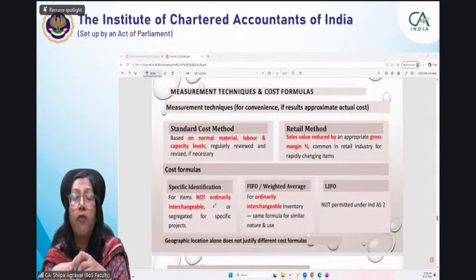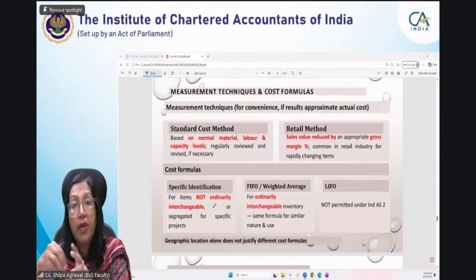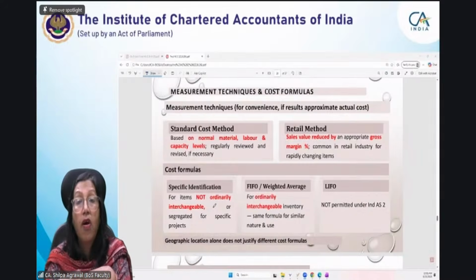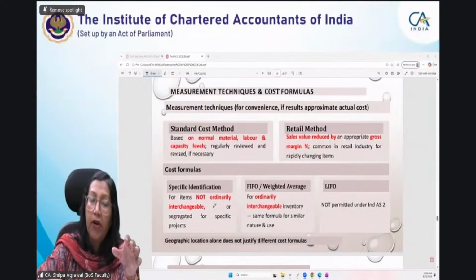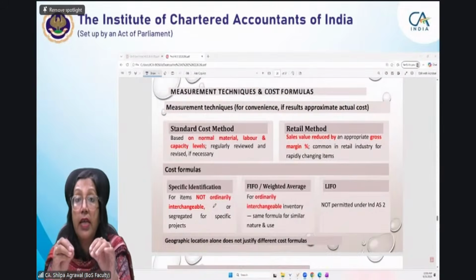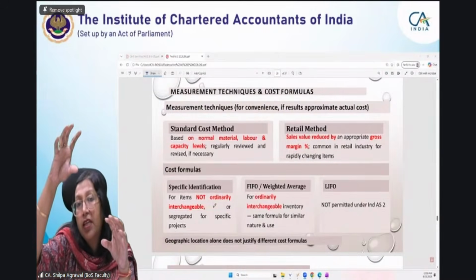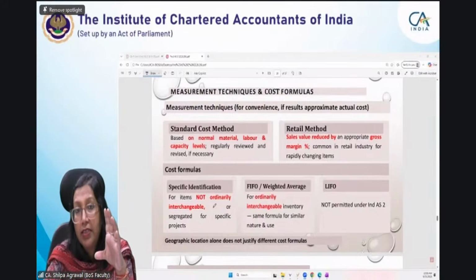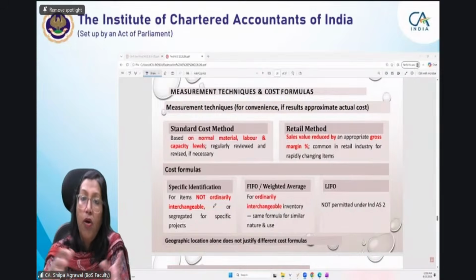In that case आप वहां पे दो ways use कर सकते हो, या फिर weighted average या फिर first in first out. ये कब होता है? जहां पे आपके ordinarily interchangeable है. For example, जैसे आप ऑयल खरीद रहे हैं, ऑयल आता है, आप ऑयल कंटेनर में डालते जाते हैं, उसी कंटेनर में दोबारा ऊपर से फिर और add on करते जाते हैं. जैसे ही वो बकेट खाली हो रहा है या कम हो रहा है, again you buy it and add it on. So यहाँ पे ordinarily interchangeable है. ये चीज मिक्स हो रही है, आप आइडेंटिफाई नहीं कर सकते कि जो पहले परचेज किया था 10 रुपीज पर लीटर के हिसाब से, वो वाला ऑयल नीचे है, जो 15 रुपीज पर लीटर के हिसाब से ऑयल परचेज किया था वो ऊपर है, क्योंकि वो ऑयल तो मिक्स हो गया. हाँ, तो they are ordinarily interchangeable, मिक्स हो गए इसमें.